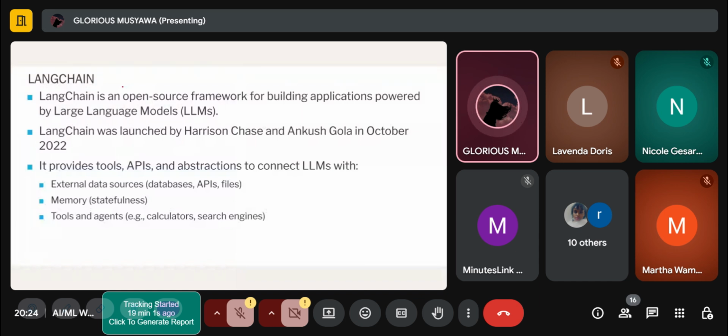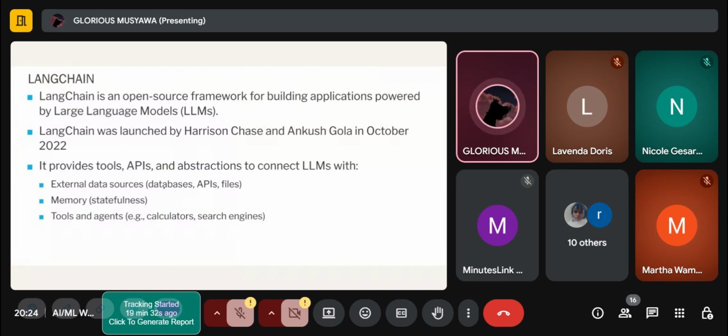LangChain was launched in 2022 by Harrison and Ankush, and it provides tools, APIs, and abstractions to connect LLMs with external data sources, maybe databases, APIs, etc., memory, tools and agents. So it enables you to communicate with an LLM, it enables the RAG process, it makes the RAG process easier.